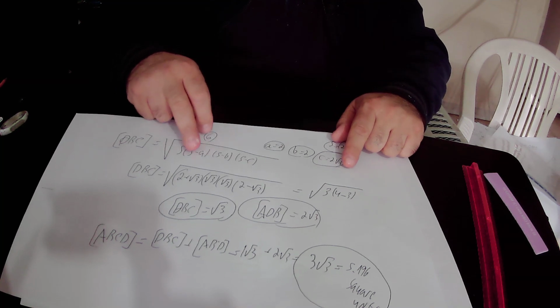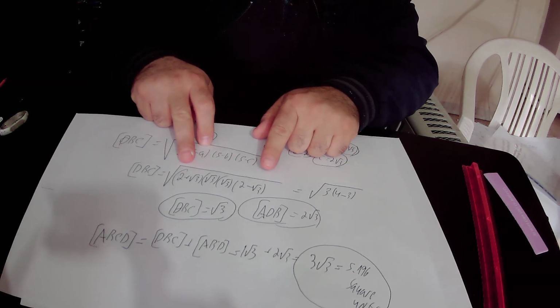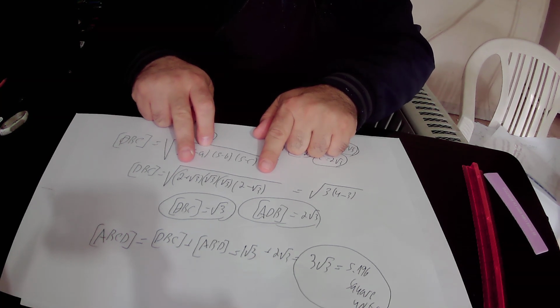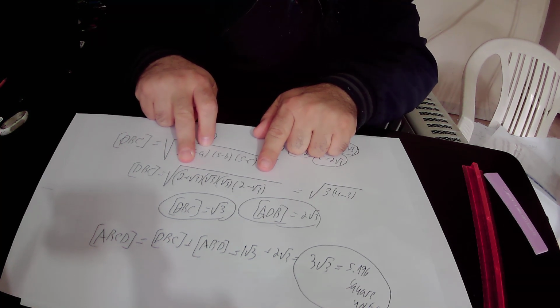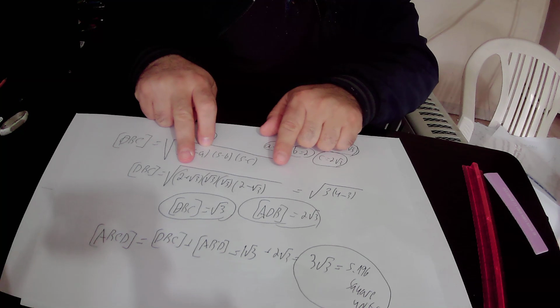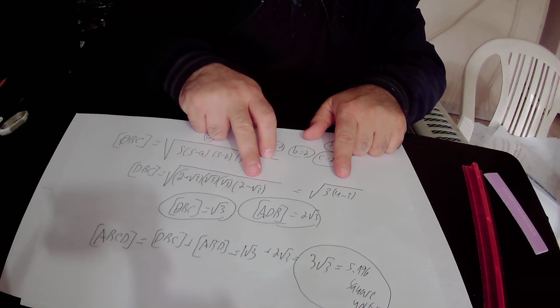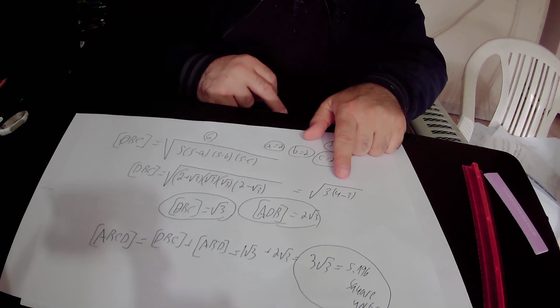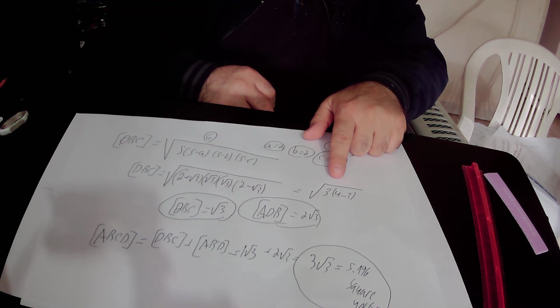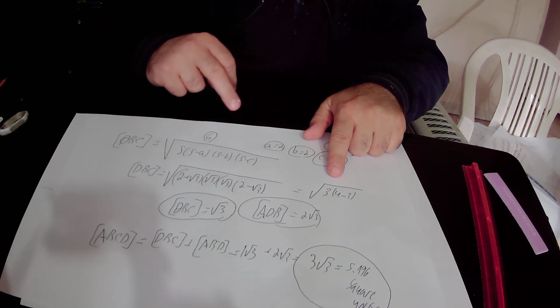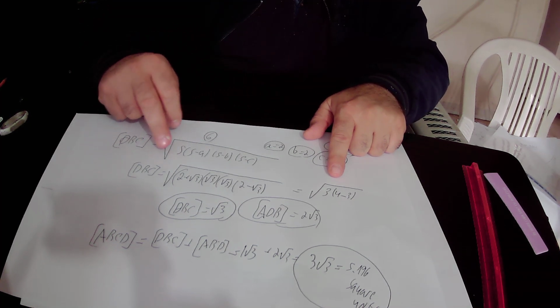and here, 2 plus square root of 3 times 2 minus square root of 3. We used the algebraic identity that (A plus B) times (A minus B) equals A squared minus B squared. Here A is 2 and B is the square root of 3. A squared is 2 squared, which is 4, and the square root of 3 squared is 3, and 4 minus 3 is 1, and 1 times 3 is 3. So in conclusion, we found that the area of triangle DBC equals the square root of 3 square units,